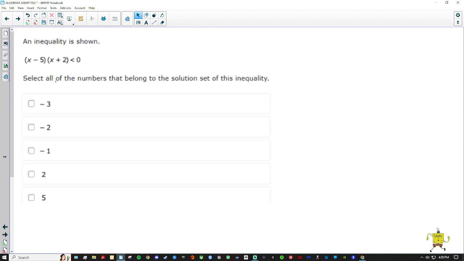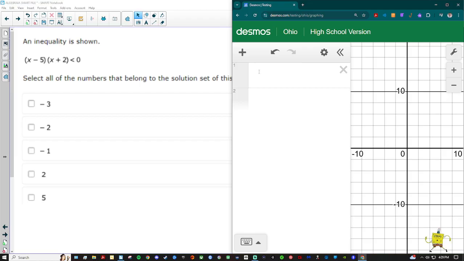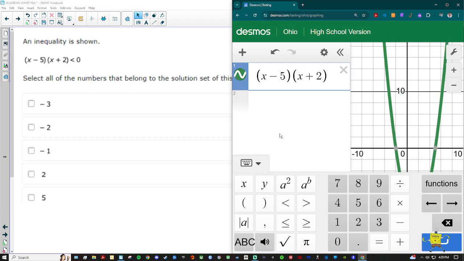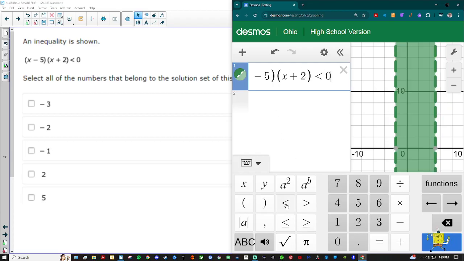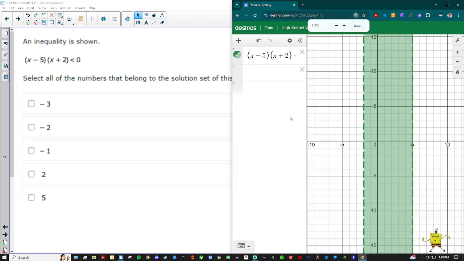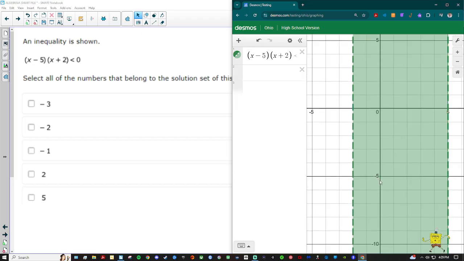Select all of the numbers that belong to the solution. Now, I have a trick for you. Whenever you see something equal or an inequality with a 0, you're going to pull up your Desmos, and we are going to type it in. X minus 5, X plus 2, alligator mouth, 0. Okay, let's make this a little smaller. So it wants me to select all the numbers that fit. So if I zoom in,